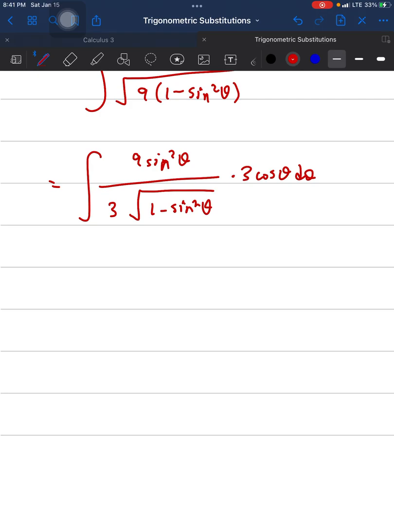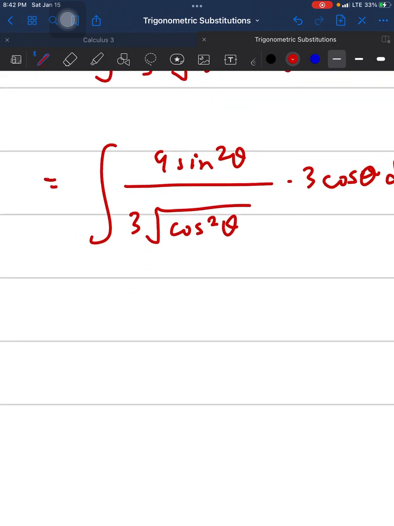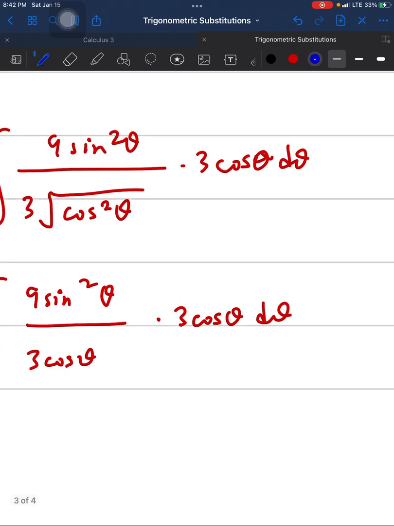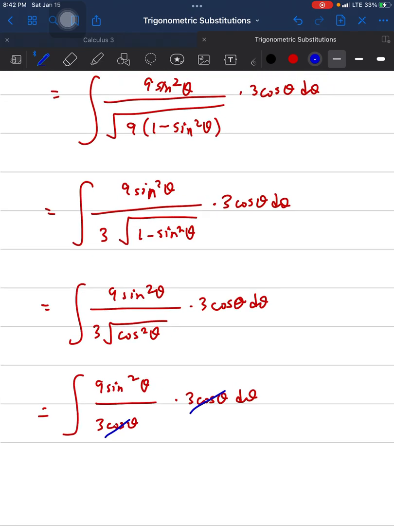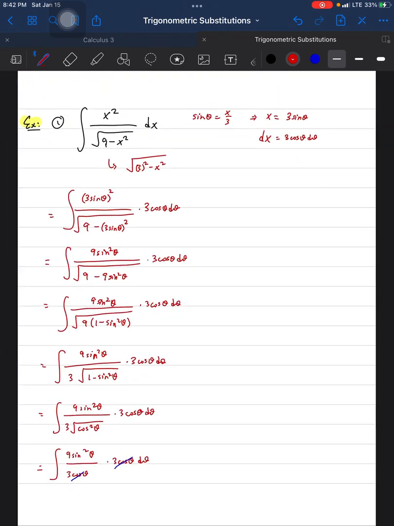So now what we can do is substitute in the Pythagorean identity. We have it right here. So this entire thing is just equal to cosine squared theta, and we still have this 3 cosine theta d theta. Now we can easily take the square root of cosine squared theta, which is just cosine theta. And now we can cancel these 3 cosine thetas, and we end up with